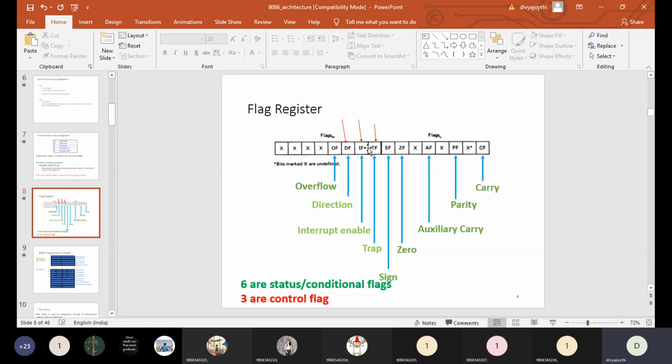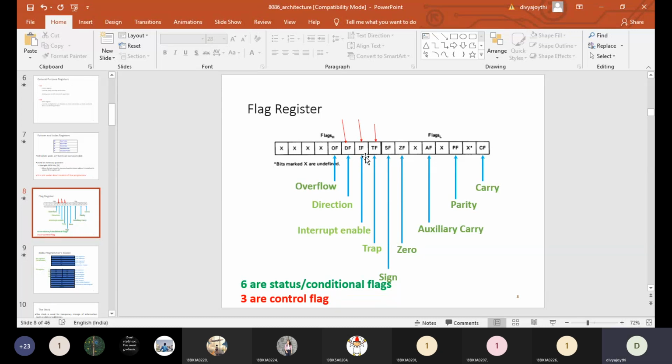These 3 are going to control the execution of the program, and they will also control the execution flow of the processor.